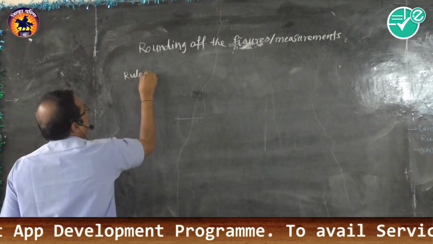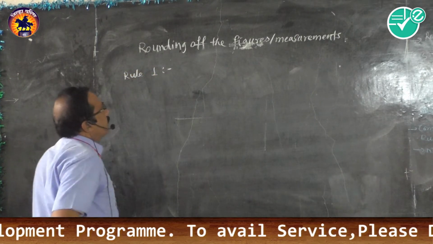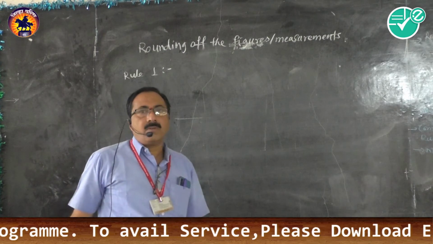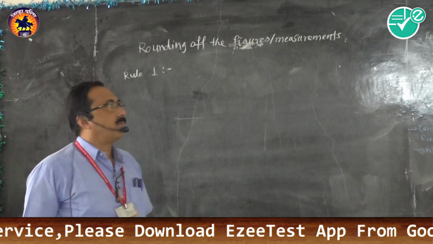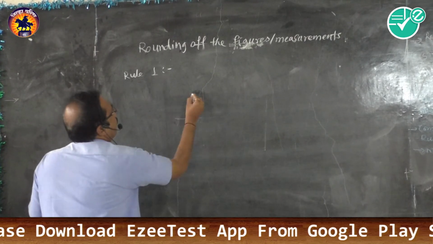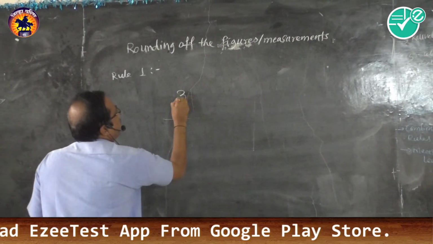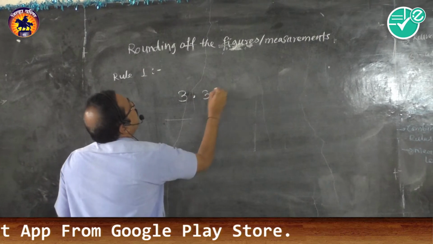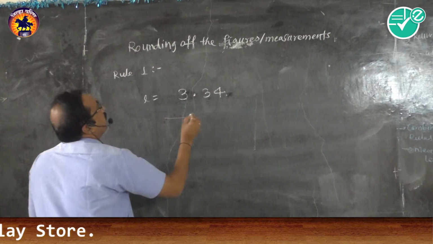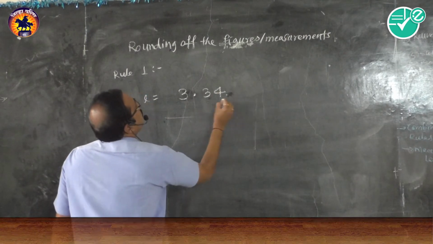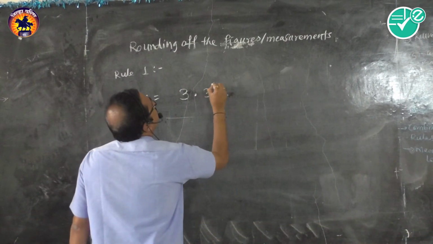Rule number 1. Sometimes the measurements are to be rounded, are to be approximated. And the first rule is, let us suppose that, for example, this is 3.34. This is the measurement. L is equal to something measurement, something centimeter. So, if we want to drop this number,